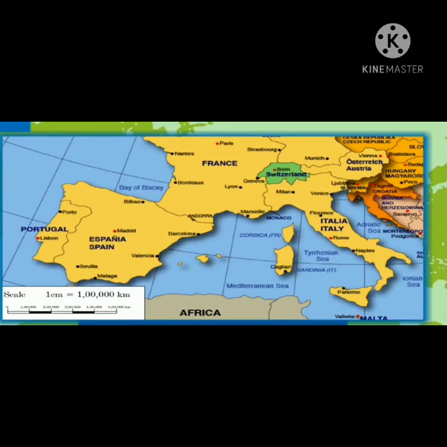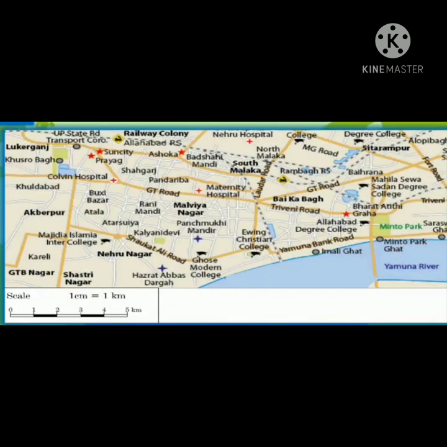Such a map is called a small scale map, as you have seen in the image. On the other hand, a city map with a scale of 1 centimeter equal to 1 kilometer shows a locality or colony with detailed information like roads, schools, hospitals, etc. Such maps are called large scale maps, as you have seen in the image.